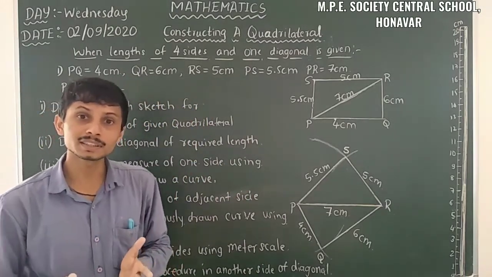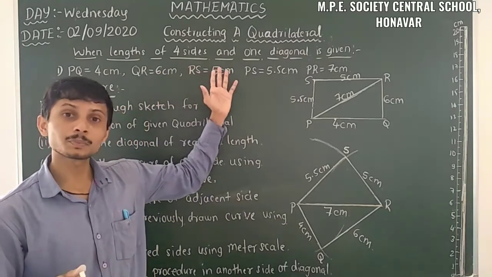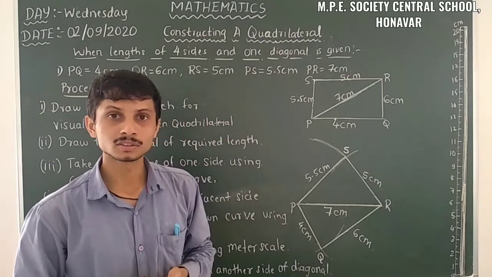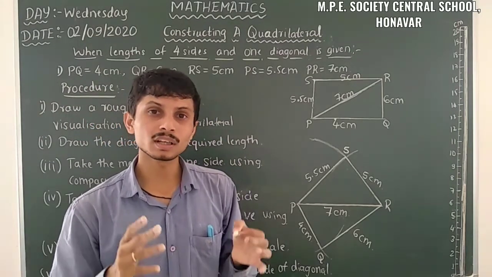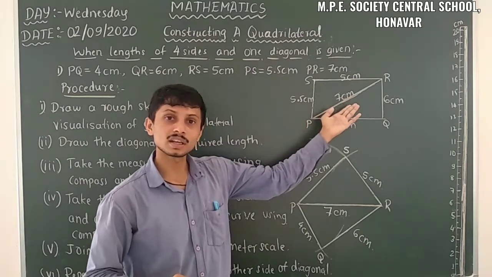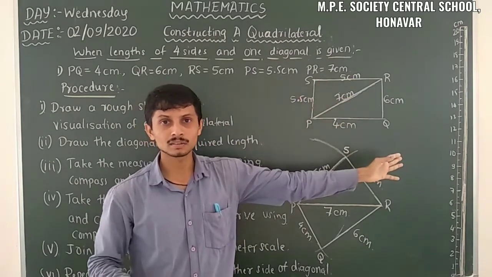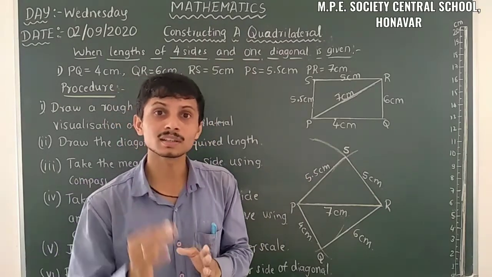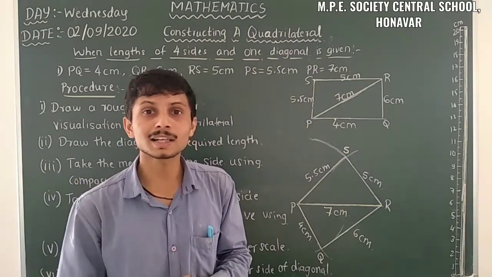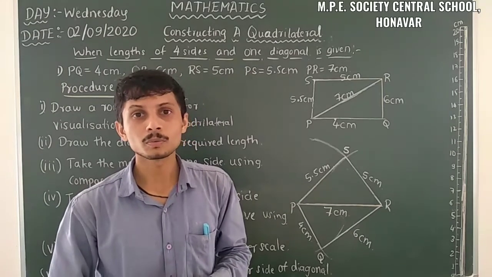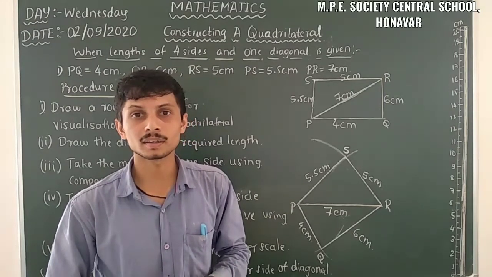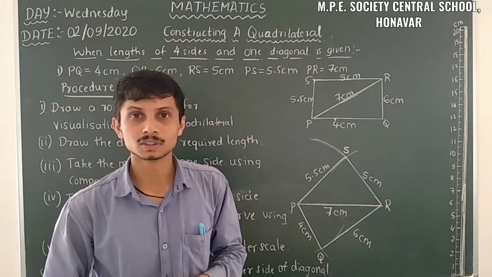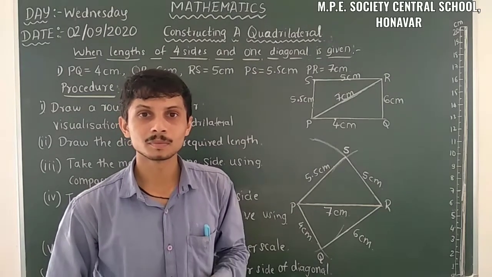That means what are the given things here? So here given things is 4 sides, the length of 4 sides and the length of one diagonal. So go with the procedure. So firstly we can take the above diagonal or below the diagonal. So from that you have to maintain the procedure, you have to maintain the lengths. So take the exact measurements. So from this you can construct a quadrilateral when 4 sides and 1 diagonal is given. So let us move on to the next problem.